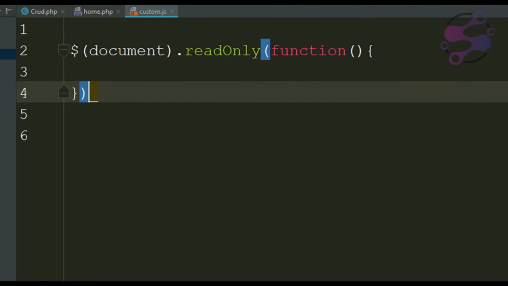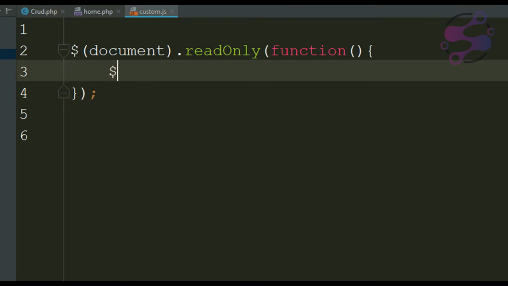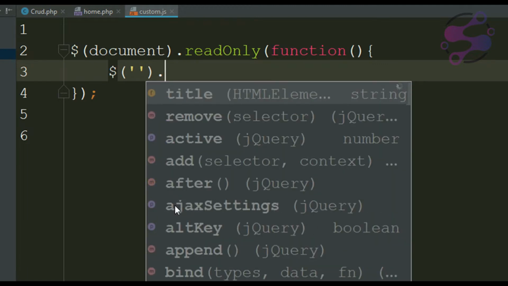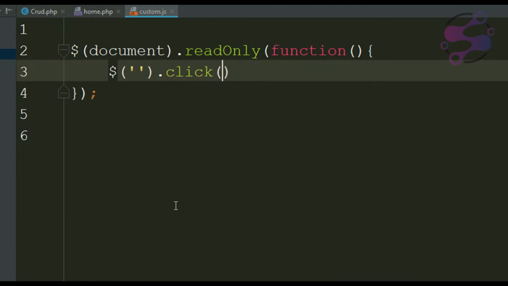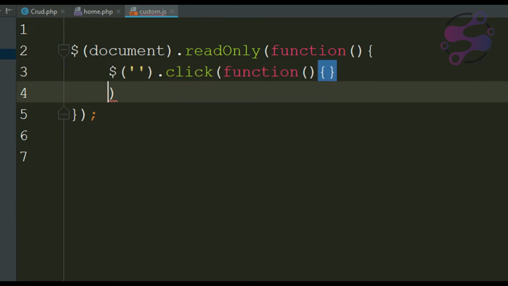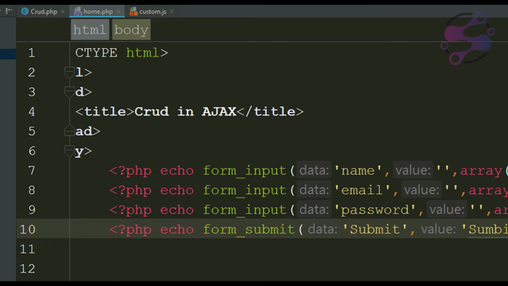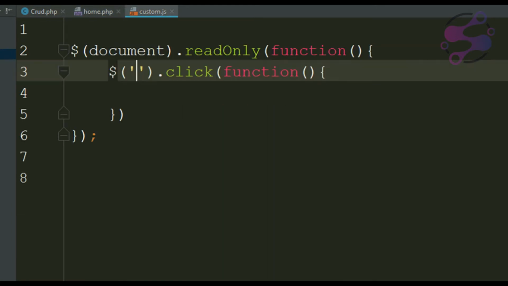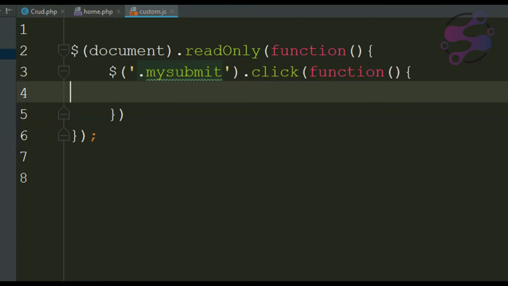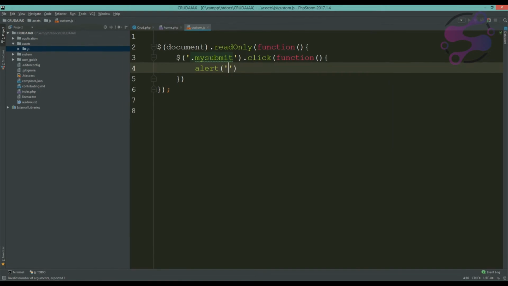So when the DOM is ready, when someone clicks on the ID, which ID or which class, whenever someone clicks this class, because it's a class, that's why we are accessing it with the dot. So it's the basic. I'm saying just alert me something. So it's saying okay,